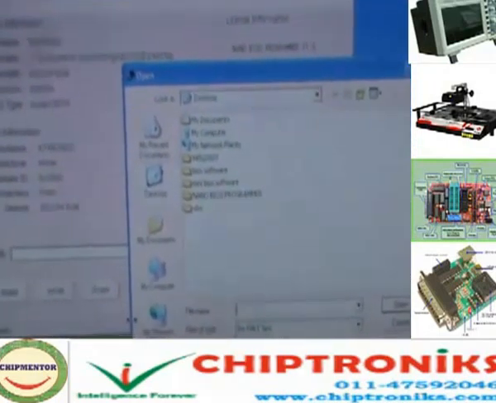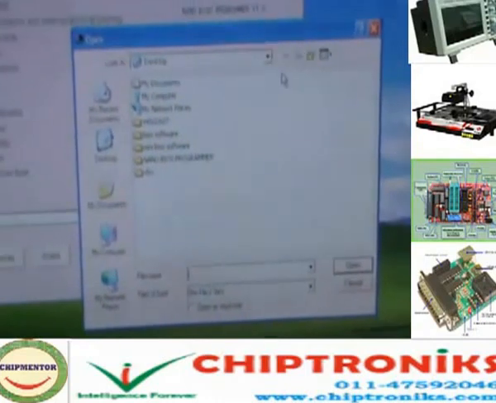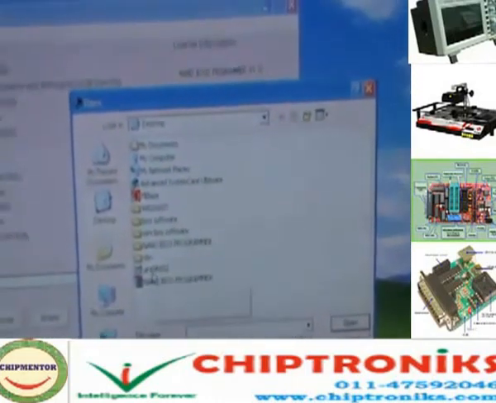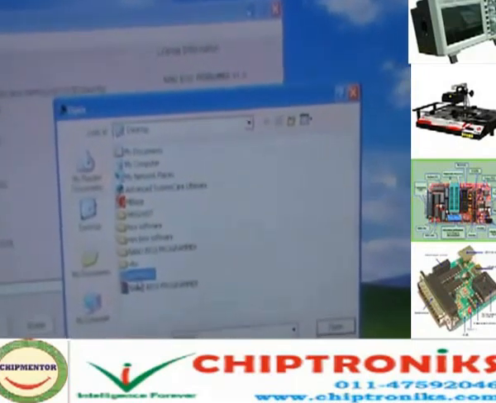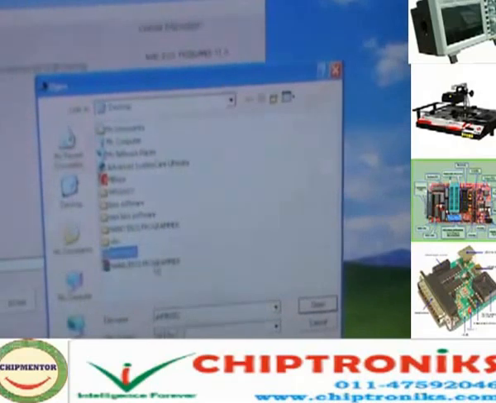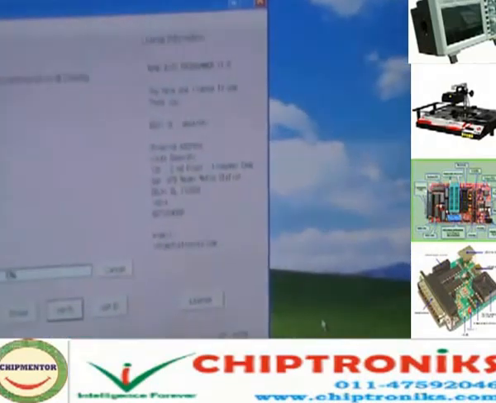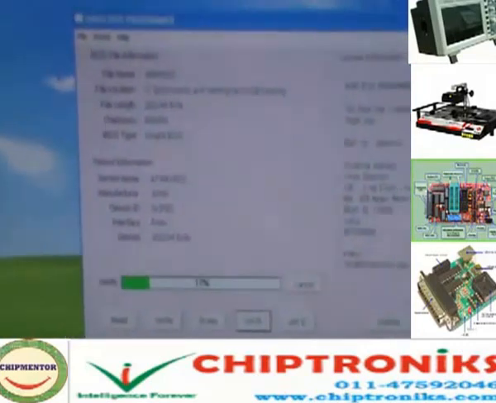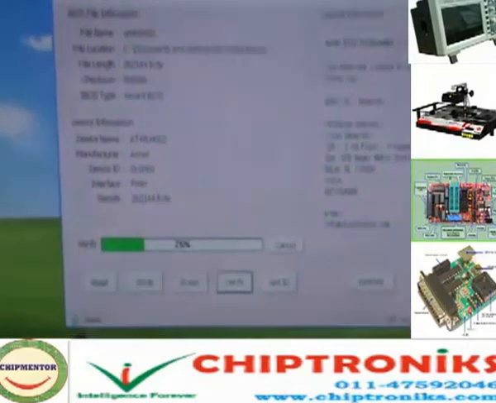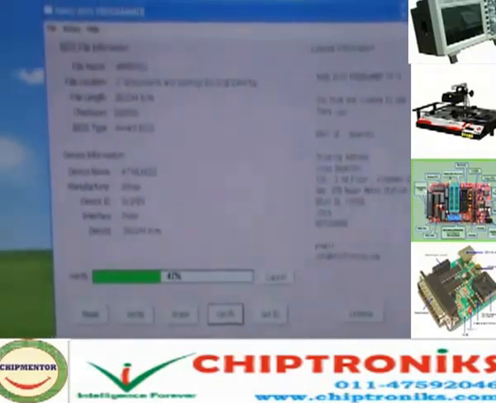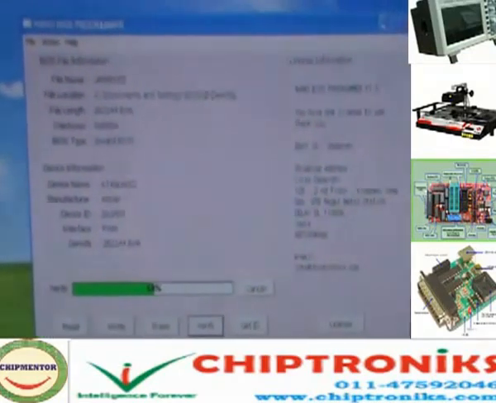Okay, the location where we saved the BIOS will open over here, all files. This is the software. So we verify what is being written with the program that we copied. We click on open and it will verify. Okay, again if it shows failure over here, that means the process of writing is not proper. You have to reprogram again.